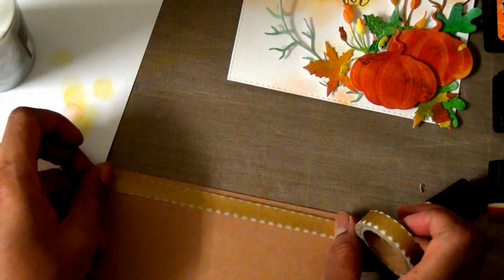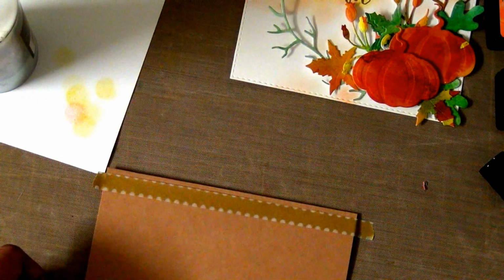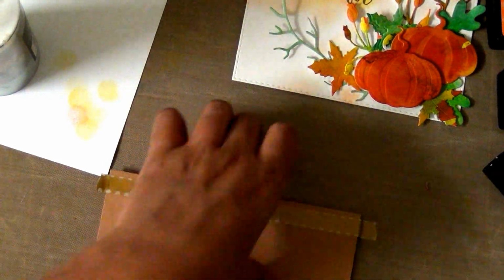So I'll just add this on the landscape side of the cardstock, kind of creating a landscape panel here, and then I'll just chop out the excess. And after that,